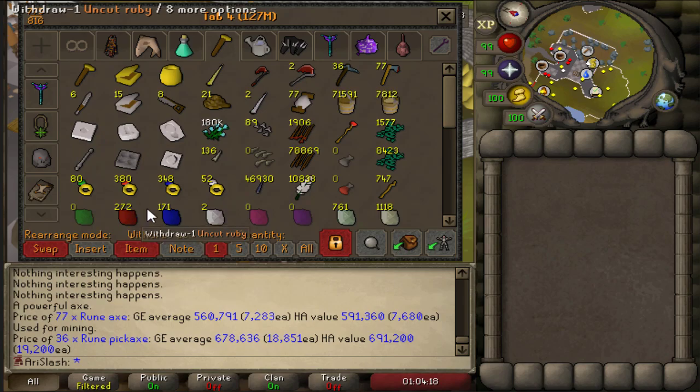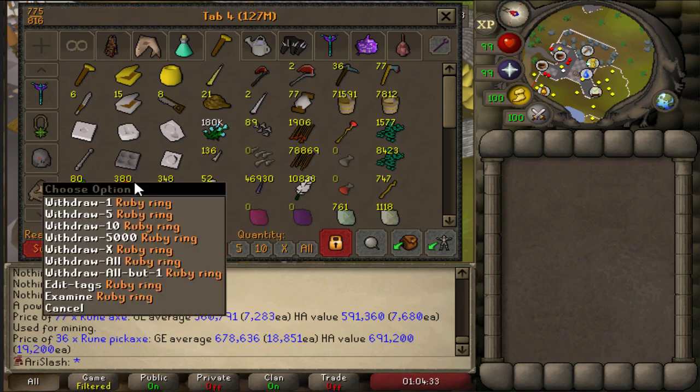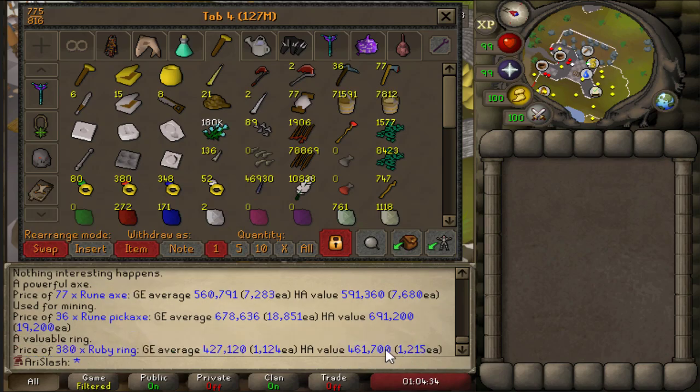These are from Birdhouse runs. I don't think I've ever made a single Sapphire ring for my recoil ring myself, because I've been doing my Birdhouse runs very consistently throughout the history of the account. Well, these are just dead content, unless...